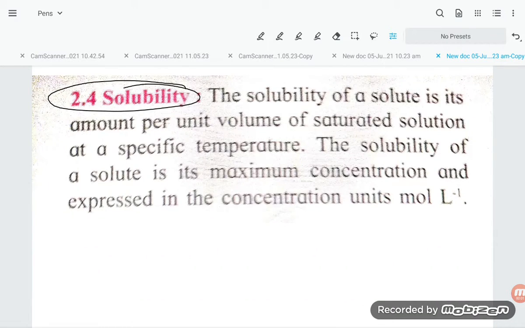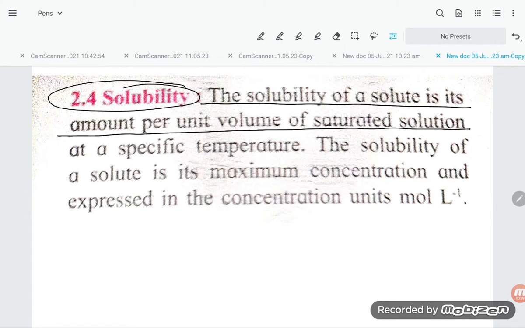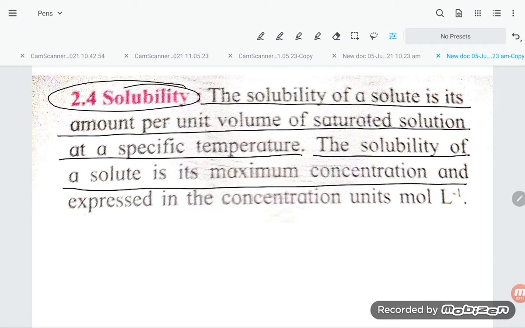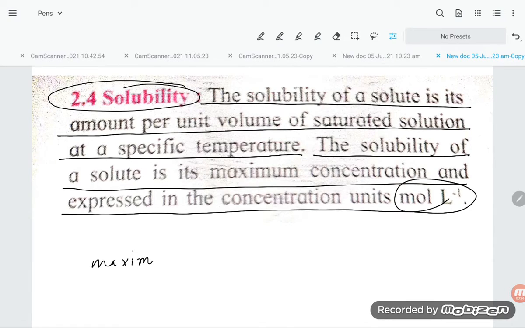Hello students, let us try to understand solubility. The solubility of a solute is its amount per unit volume of a saturated solution at a specific temperature. The solubility of a solute is its maximum concentration and is expressed in the concentration unit mole per liter. So maximum solubility means the maximum concentration of solute